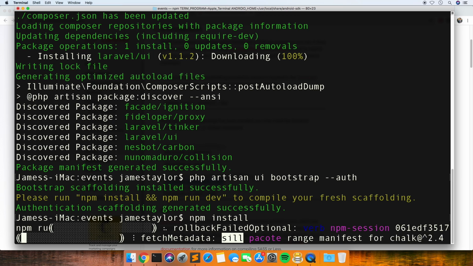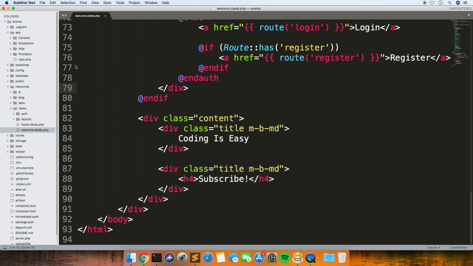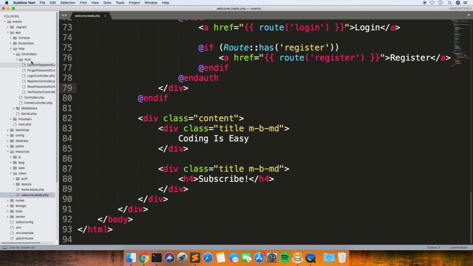So what this is doing now is just installing all the CSS and JavaScript from Bootstrap, I'm guessing. And I think it would have already generated our authentication files. Let's just have a quick look. Yeah, so it's put these controllers in there that let us log in, register, verify users, forgot password, confirm password.